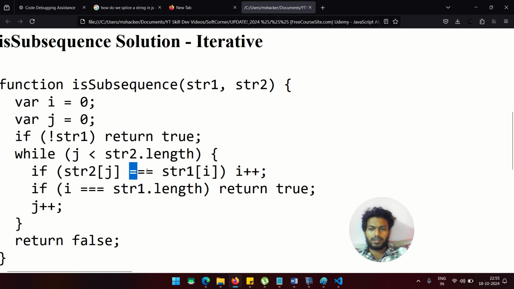str2j is strictly equal, like an odd edge case we can put here: if string 1 and string 2 have the same length, for that very case they are substring, straight away return true. But while j is smaller than string 2 dot length, in that case if str2 dot j is strictly equal to i, look, they have a match, they have a match. How will they have a match? Because both of them have an index of